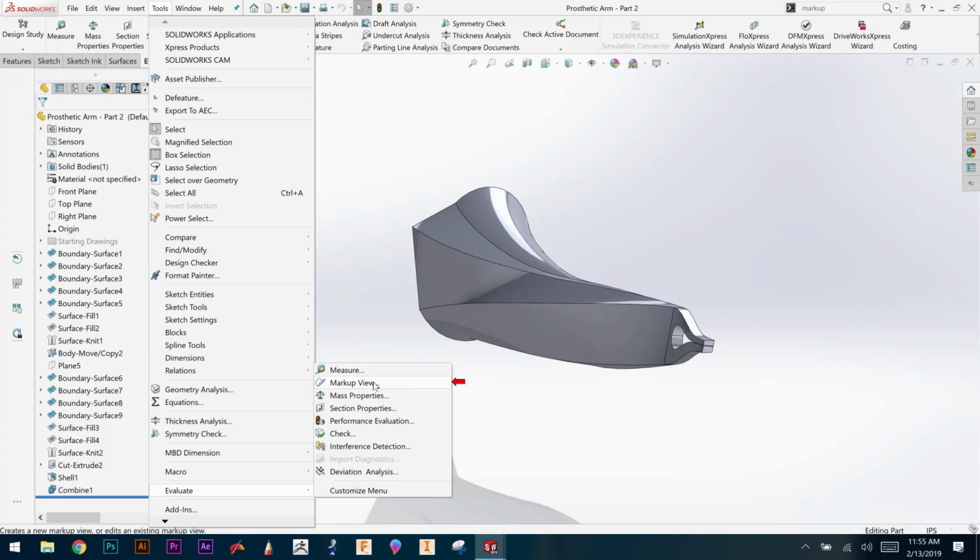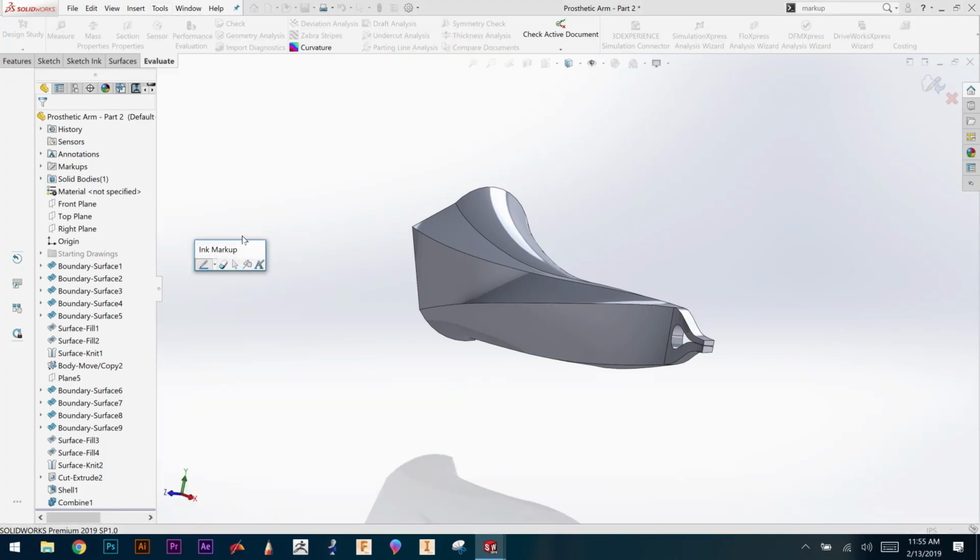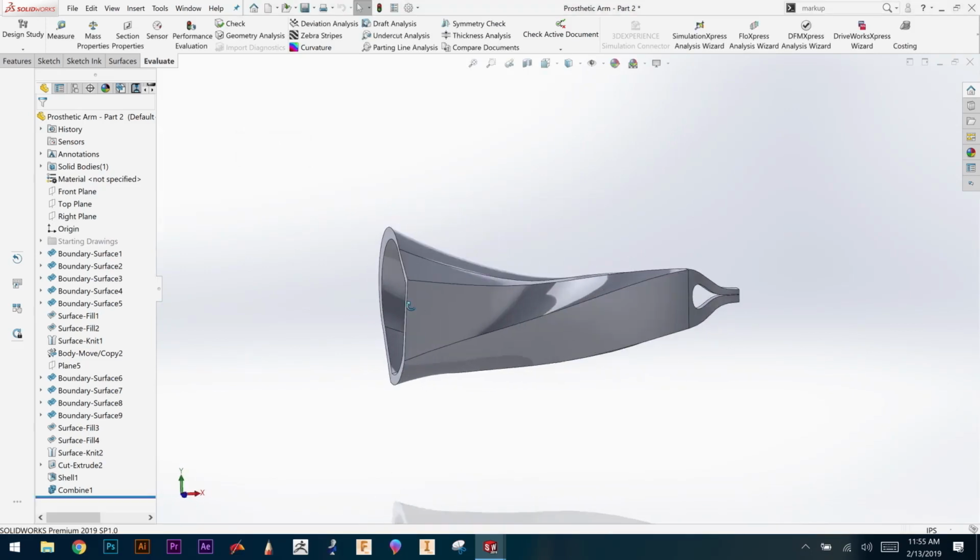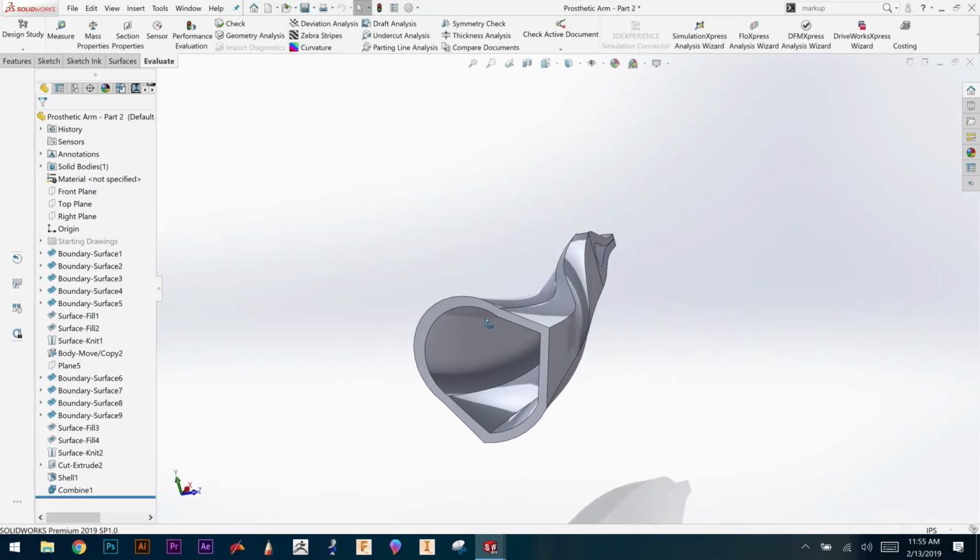All right, so I'll enable markup. And this brings up a little menu. And the first thing that, sorry, let me erase that real quick. For some reason it doesn't want to rotate. Let me exit out of that. All right, so before I do the markup,